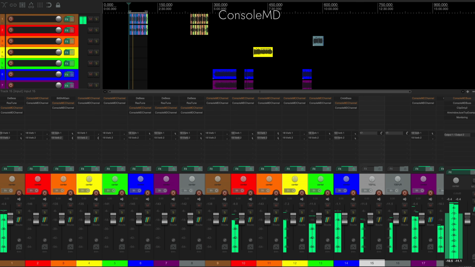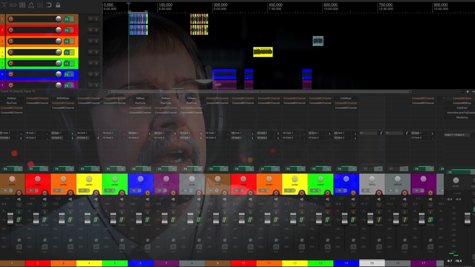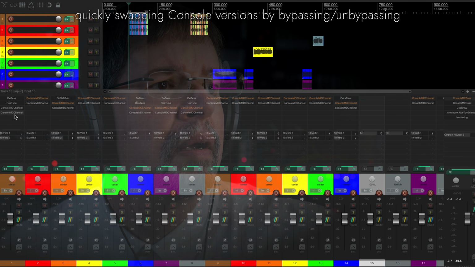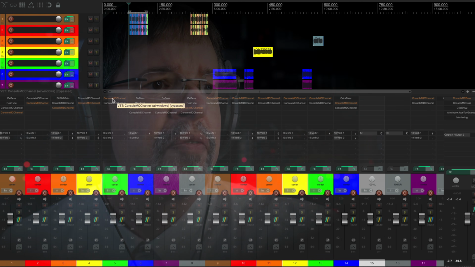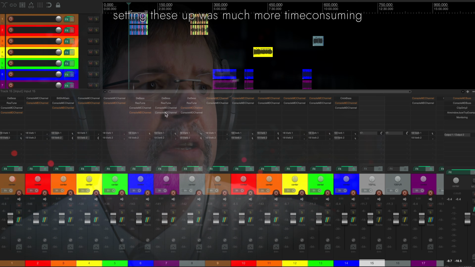So this is more bassy. Next thing we do is I'm going to hold down Shift and I'm shift clicking all of these little settings.